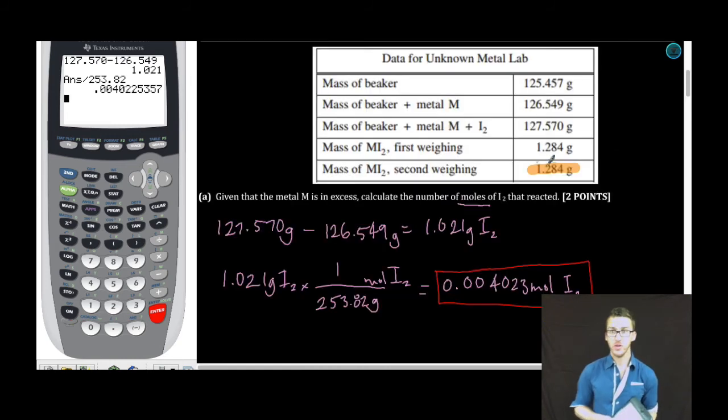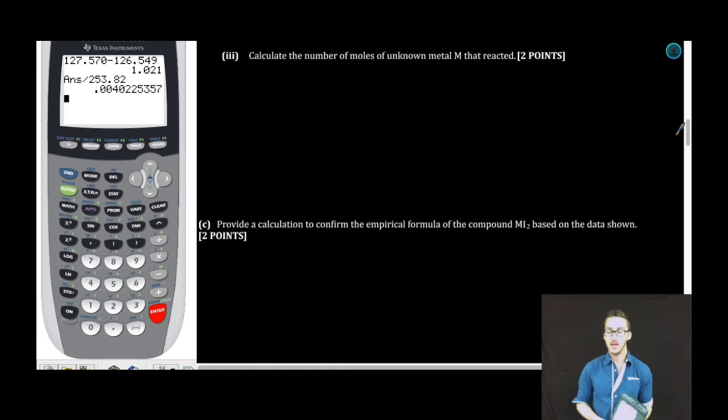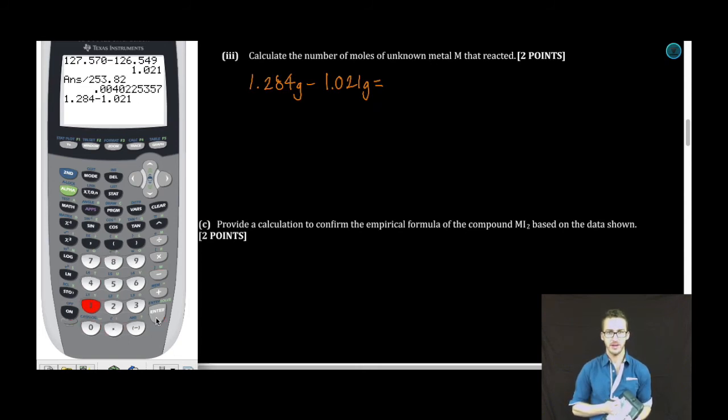All right, so we know that we formed 1.284 grams of our compound. And we know from part A that 1.021 grams of that 1.284 grams is iodine. So if we're trying to figure out moles of the unknown metal M that reacted, let's just take the mass of our compound that formed, 1.284 grams, subtract the mass of iodine that reacted, 1.021 grams. 1.284 minus 1.021, answer,